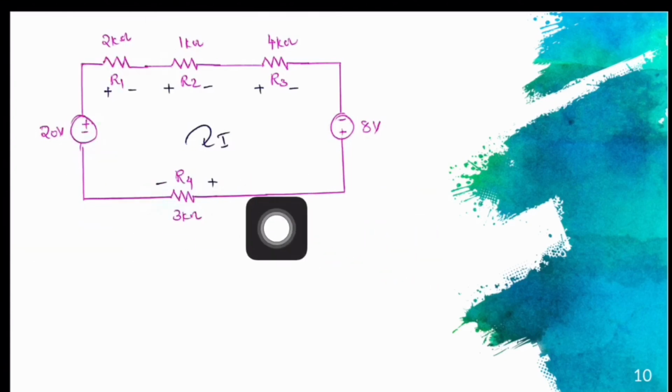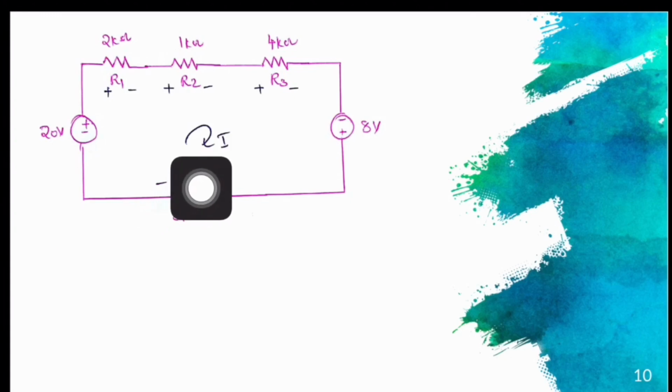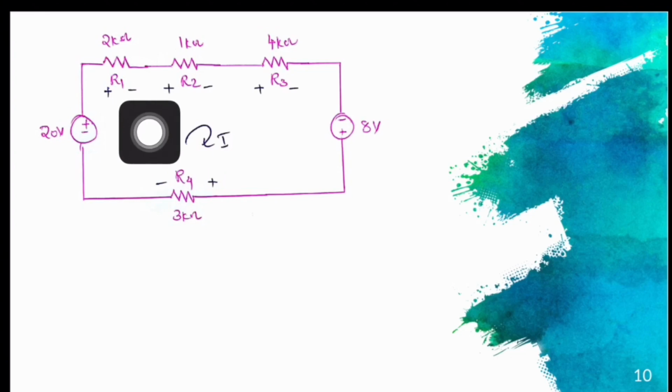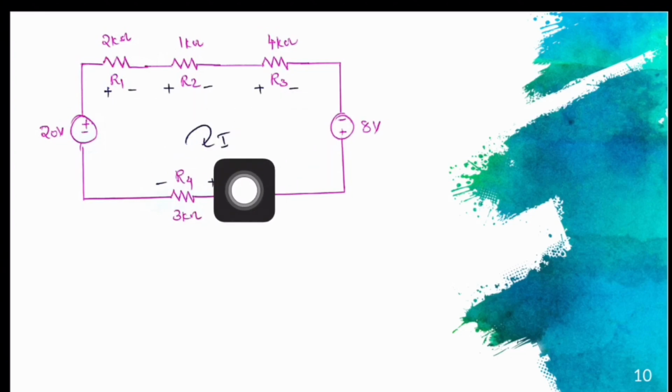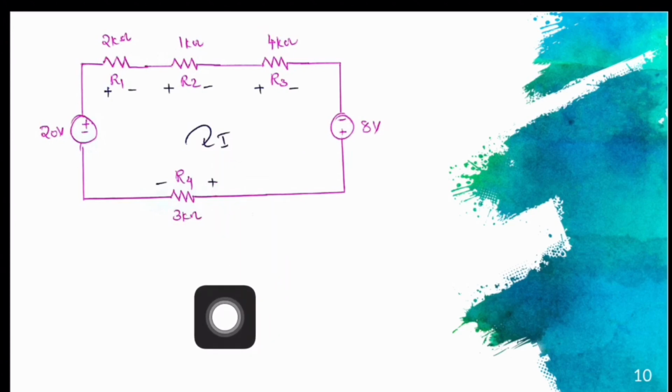You can see there is only one loop, so it's very easy to find out the unknown current by applying KVL. I is marked as loop current in clockwise direction. Next we mark the polarities of voltage drop across each resistor according to the assumed direction of I. As you know, the current entering terminal of a resistor should be marked as positive polarity of the voltage drop